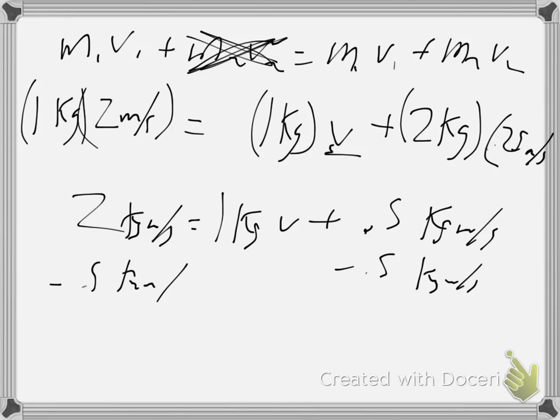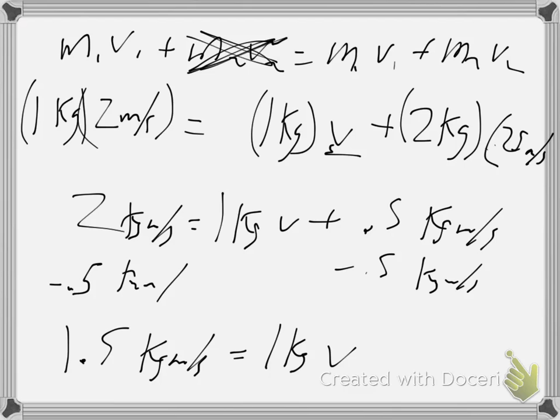And I get that 2 minus 0.5, that's really bad handwriting. I need to get a better stylus for this thing. 2 minus 0.5 is 1.5 kilogram meters per second, which is equal to 1 kilogram times v. So to solve for that, I want to divide each side by 1, and my velocity equals 1.5 meters per